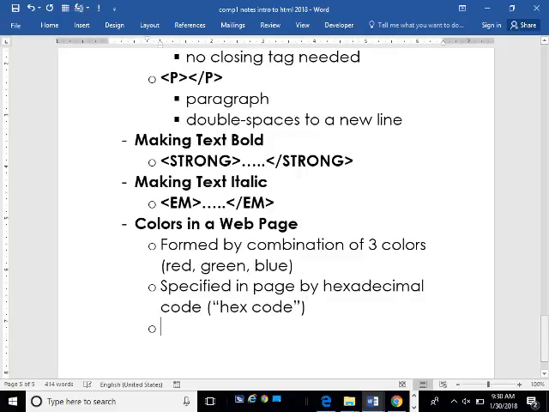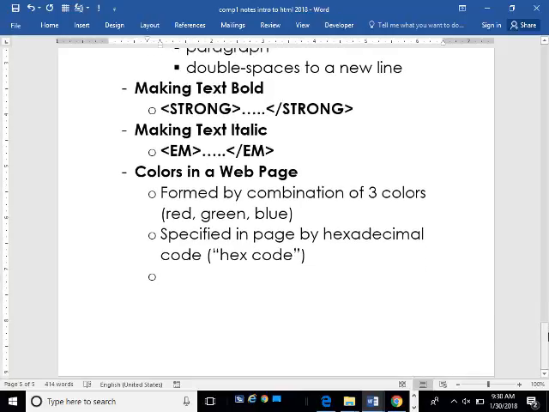Okay, and if you think about the prefix hex, like a hexagon is a shape with how many sides? 6 sides, right? So a hexadecimal code is a 6-digit code. And each of those 6 digits could be a number. So they could be the values 0 through 9, but they can also take on the value of a letter, A through F. So an example of a hex code would be like